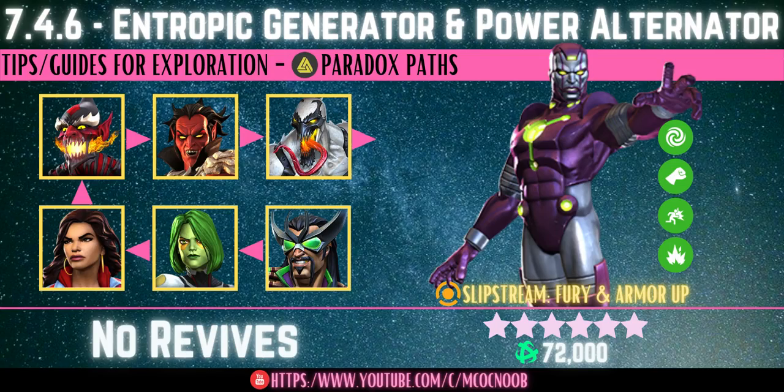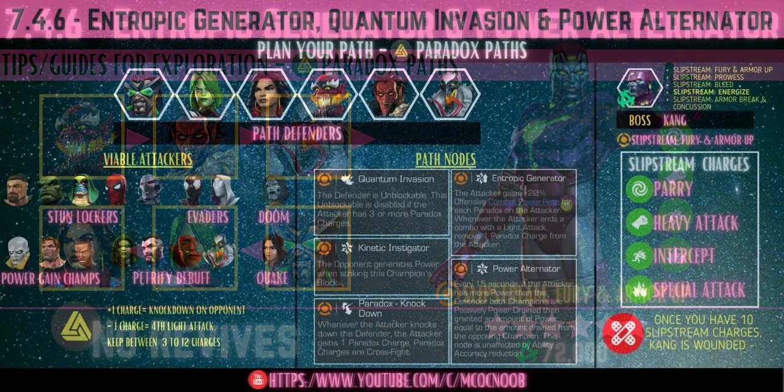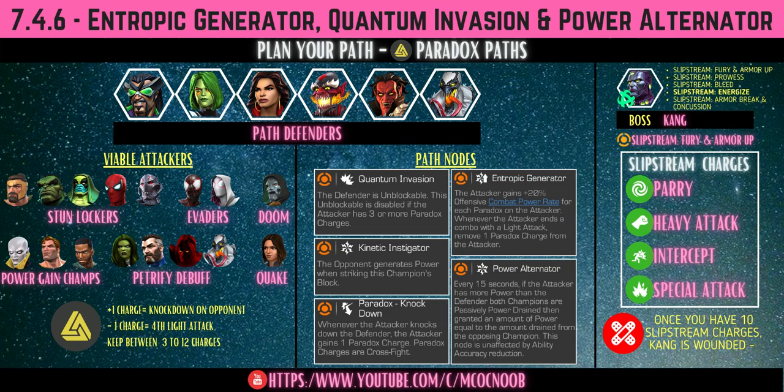Welcome to 7.4.6 Paradox Paths. This first one is going to be Entropic Generator, Quantum Invasion and Power Alternator with a Kinetic Instigator. Now with Quantum Invasion, the defender is unblockable unless you have 3 or more Paradox charges on you,